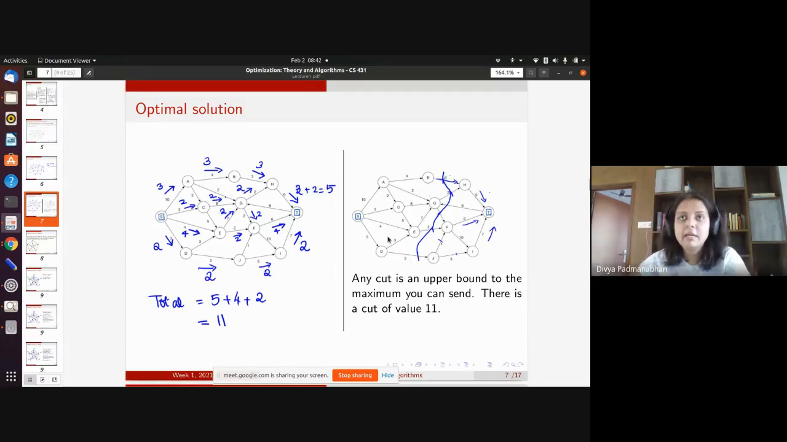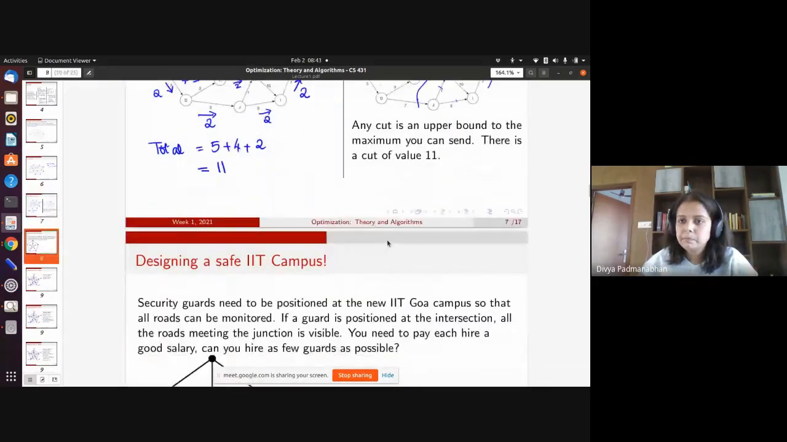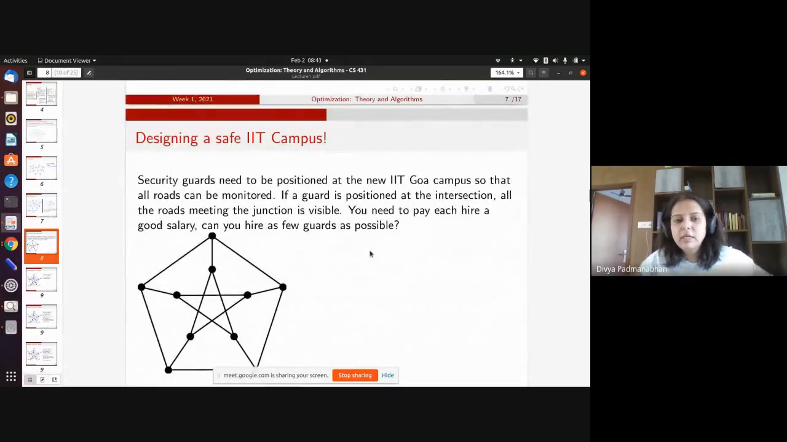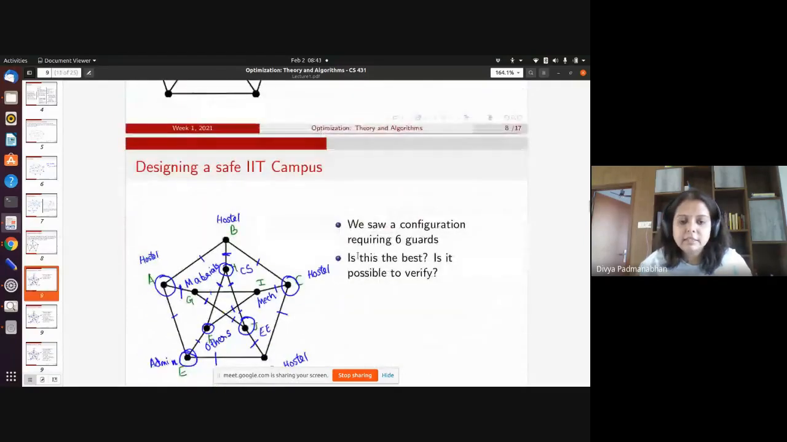Okay. But they're related in some sense. So this is a concept called duality, which we will see later. Okay, so now, moving on, we looked at this safe IIT campus and where we constructed,